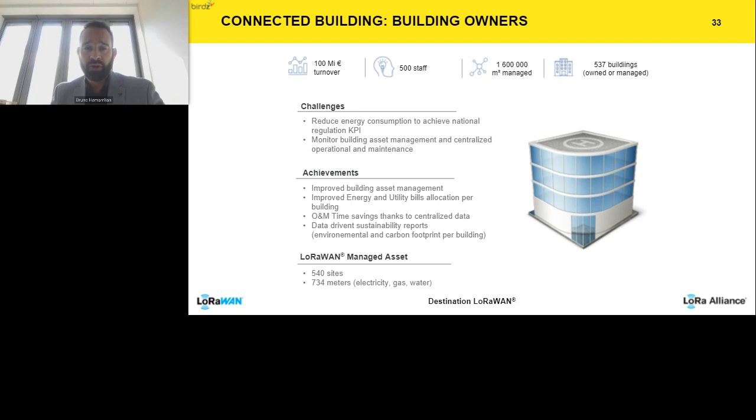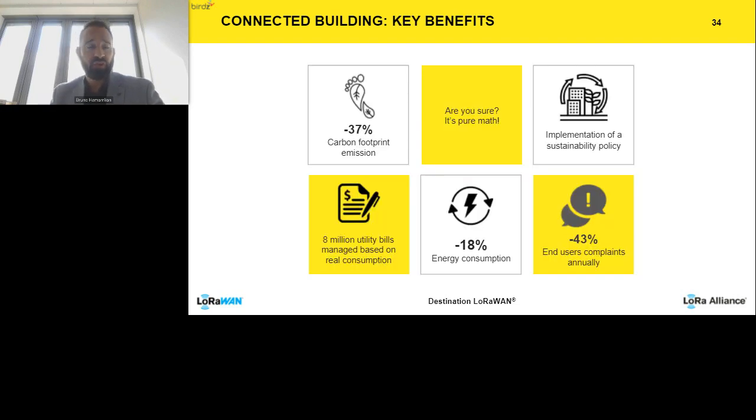When we look towards what are the benefits of these clients over a period of 5 years, the first thing that is very fundamental that they were not having in mind is that thanks to a better management of the environmental footprint of the buildings, their assets, with more than 500 sites, they reduced by 37% their carbon footprint, reducing and adjusting the energy within the building, and measuring it through also indoor air quality monitoring in order to make sure that the heating, the boilers, the way people are using the rooms and the different areas in the building, they can manage, I would say, saturation thresholds.